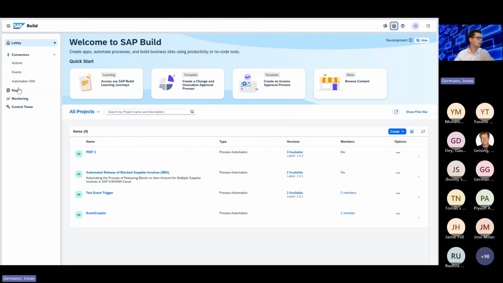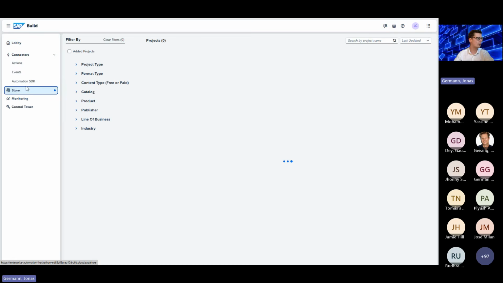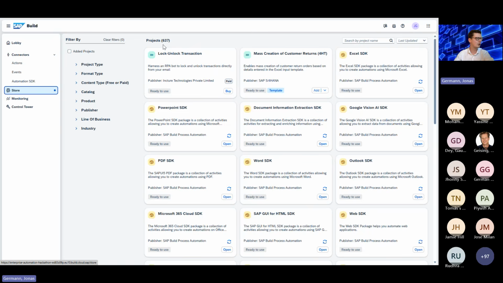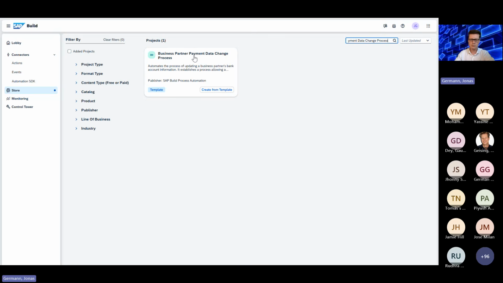But SAP Build offers a store with 637 different templates, projects, SDKs, different industries, different lines of business, different topics. If you now paste simply the topic of the problem Signavio analyzed for you, you get a template for this topic.